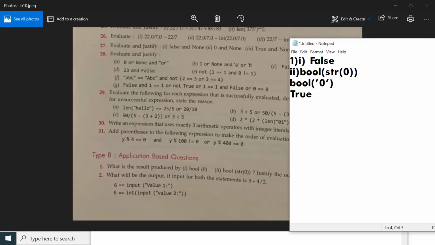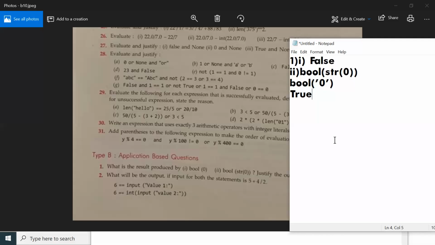First you have to evaluate the innermost function, then use the bool function to find the Boolean value. This is not the empty string, it is a string with some value. Apart from the empty string, all other strings have the value true. So the answer to this question is true, right?